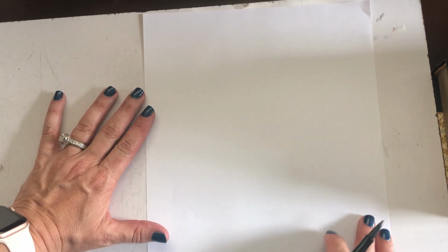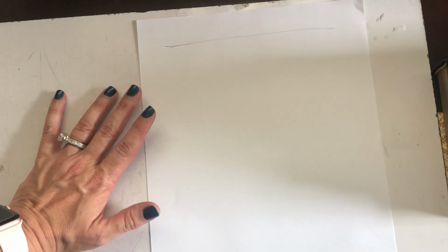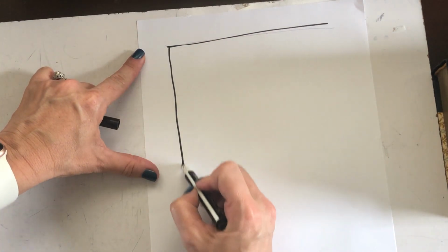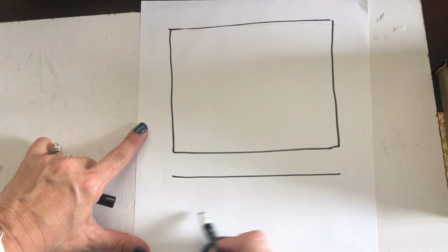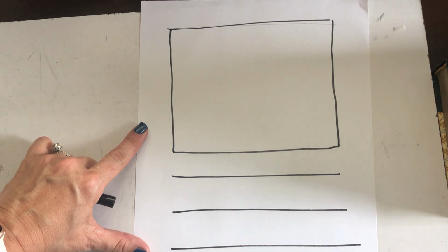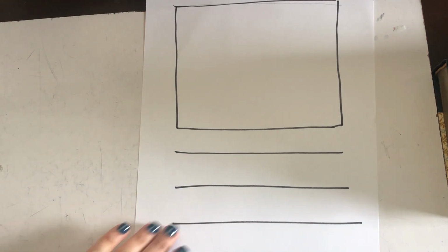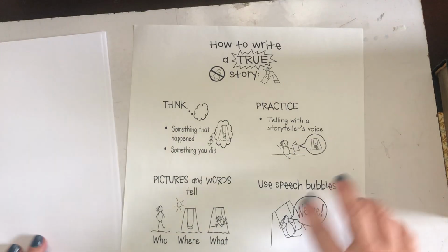You can just get this paper, and if you want it to look like the paper at school, you could just draw a big box by getting a big line. Let me get a better pen. And I could draw a big box where I know my picture goes, and I could draw my lines, leaving space. And I could make my own paper. See? Okay, but today I've decided that I'm going to just use a booklet like this to write my story. Okay?